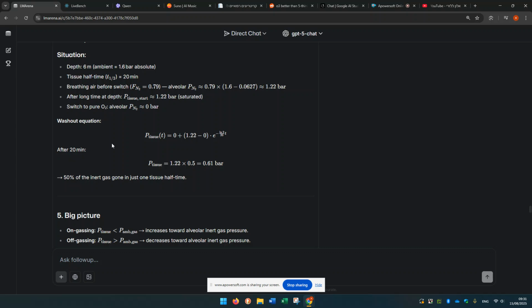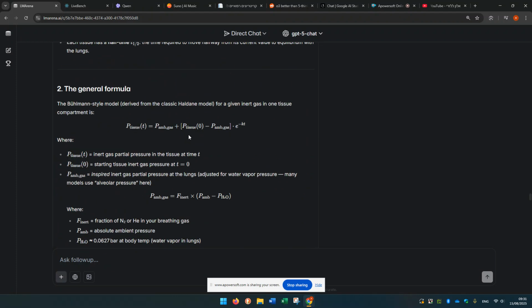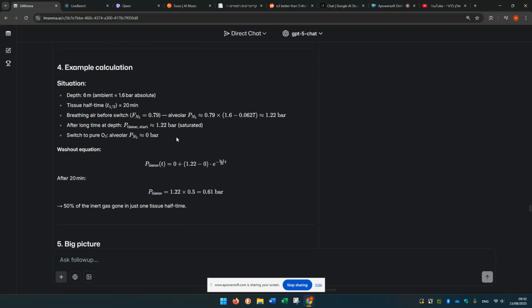Of course, if we didn't use oxygen and instead used air, this would be much higher than zero, and you would get a number that is much higher. This is why a decompression stop with oxygen is much more efficient than a decompression stop with air. Just think about it. If you breathe air instead of oxygen, this ambient pressure would matter, since it is inert. They even calculated this. You see right over here, they calculated this value